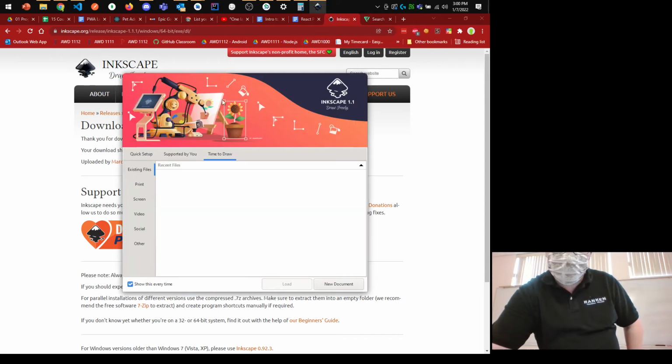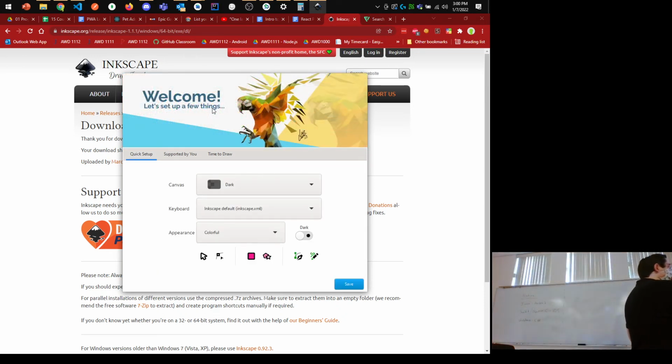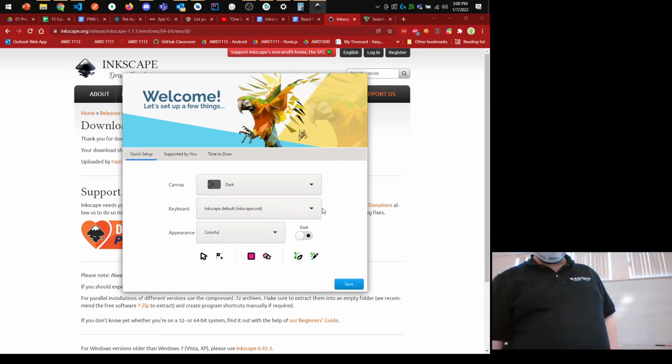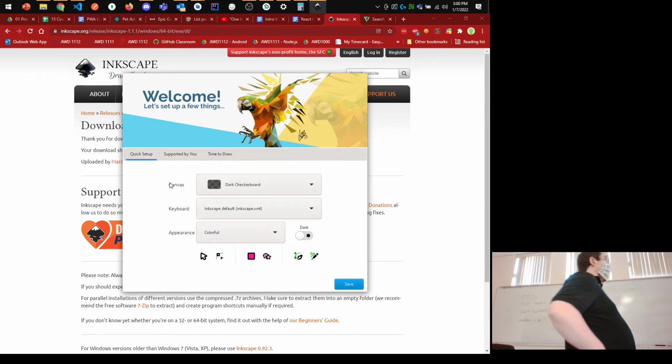All right. So when this starts up, you should be under Quick Setup. I do recommend making a few changes. I think by default the canvas looks like this. I would recommend, probably more than not, you'll want to switch it over to dark or dark checkerboard, probably,